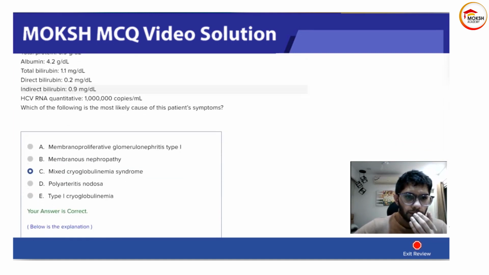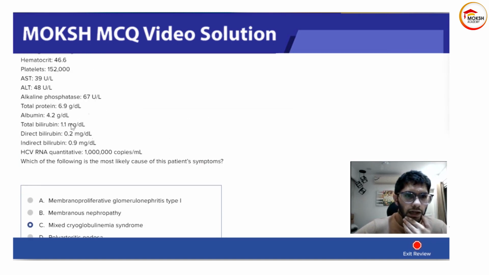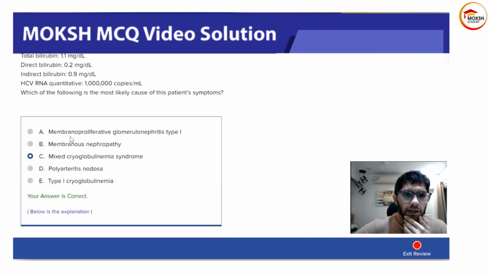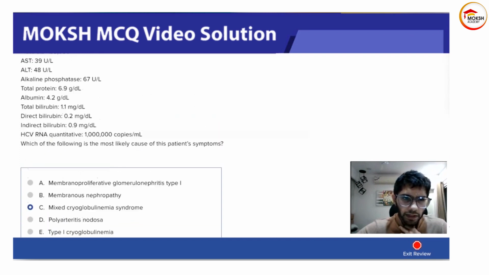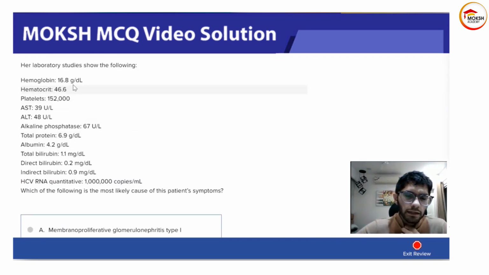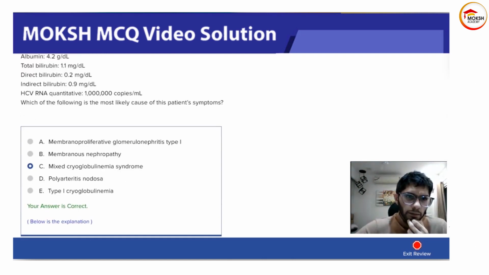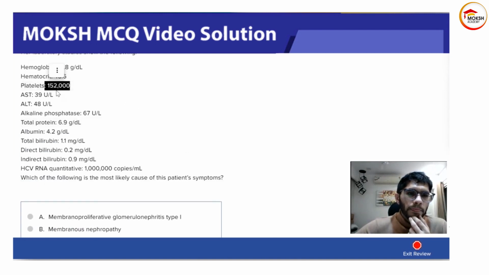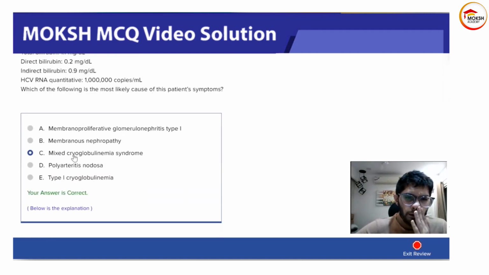So now, if we were given that her creatinine was very elevated, then we could think of membranous or membranoproliferative glomerulonephritis. But since that is not given, and since when the kidneys are not functioning, you will have a certain level of anemia present, but this hematocrit and hemoglobin are very high, so the patient is sort of healthy, but we have a low platelet count, so that points us more towards mixed cryoglobulinemia syndrome rather than